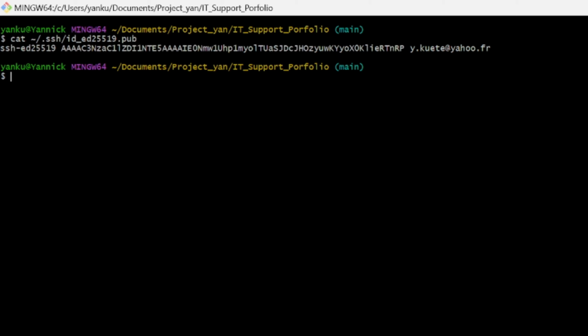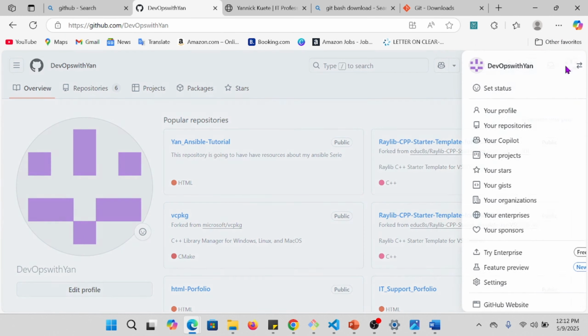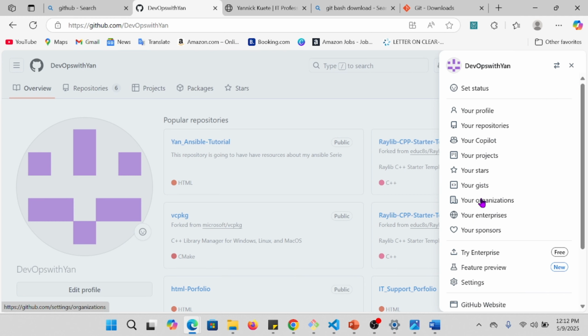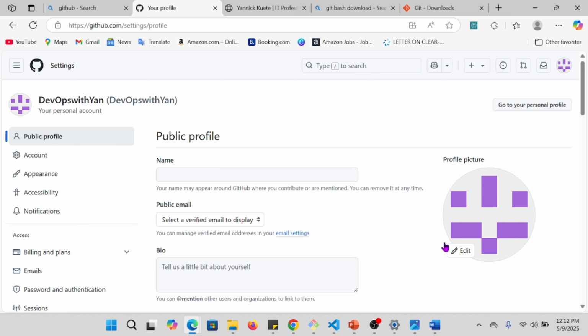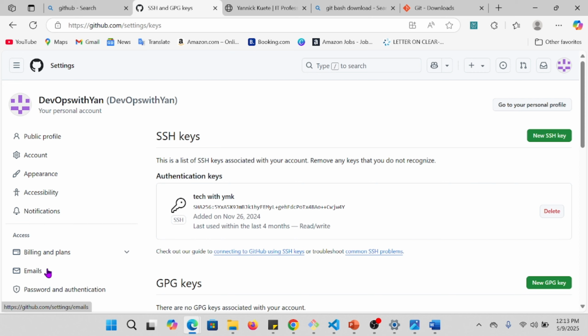And you can see my key that I'm going to copy and use on GitHub, add it on GitHub in order to allow me to use my updating process without any issue, during my versioning and so on. So right now, I'm going to come back to our GitHub profile, move on to settings,